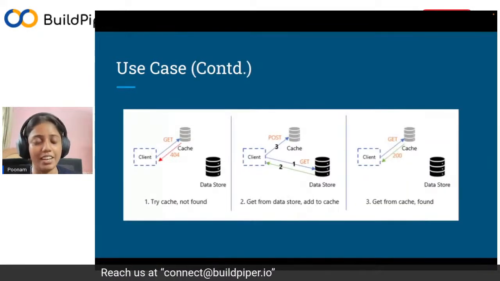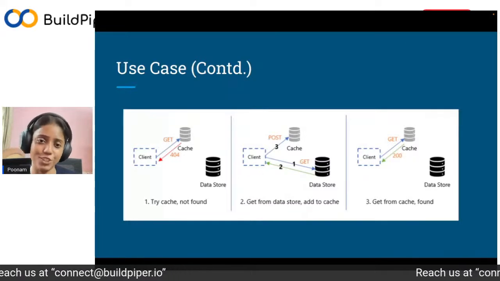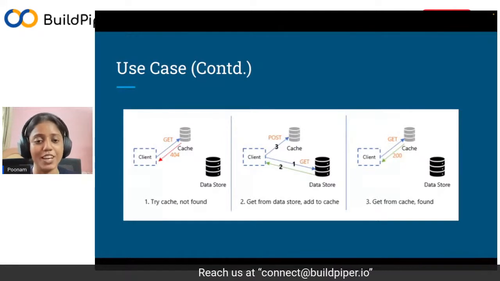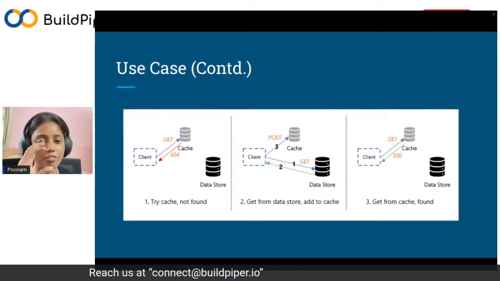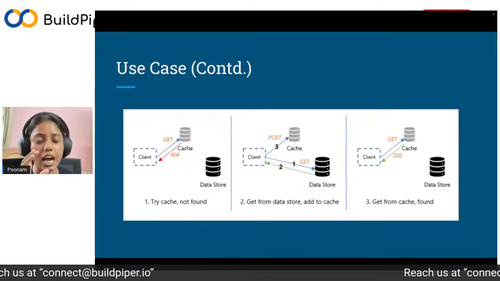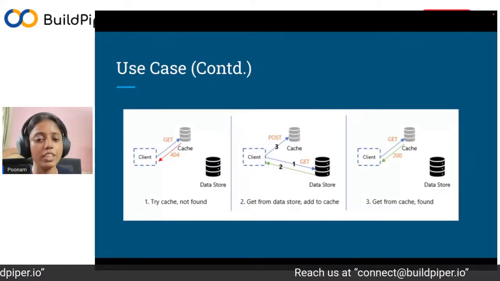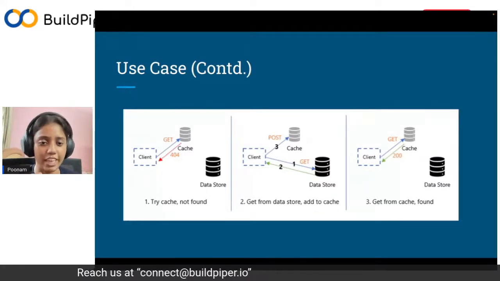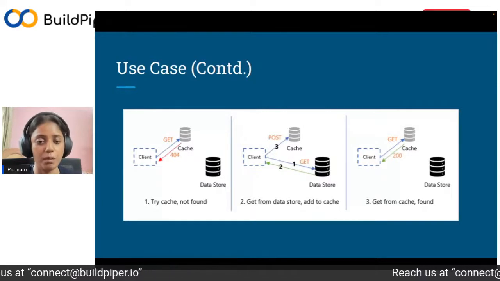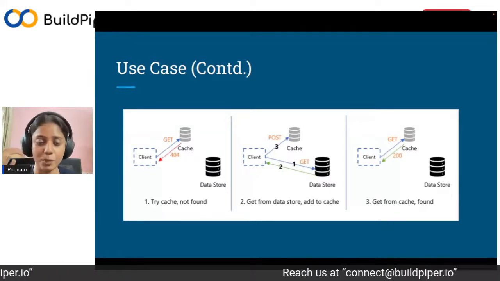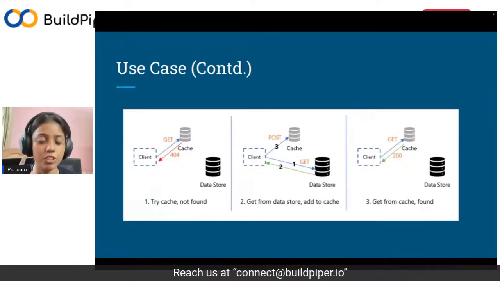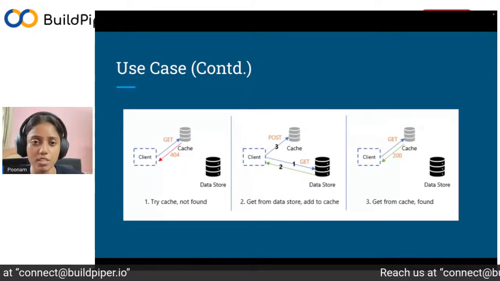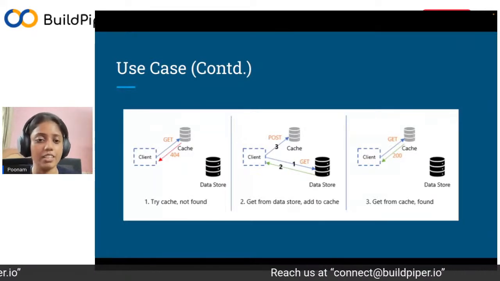Now let's see how this works in the extended version of the example we discussed. We went to Netflix.com, and we are trying to get the data. With a cache in place, our system will not directly go to the data store. It will first go to the cache and see if we can find the data there for this user. In the cache, the data does not come up on its own. We have to store it. In the first call, we will go to the database, obviously. Then we store it, so that subsequent calls take less time and we can directly serve it from the cache.